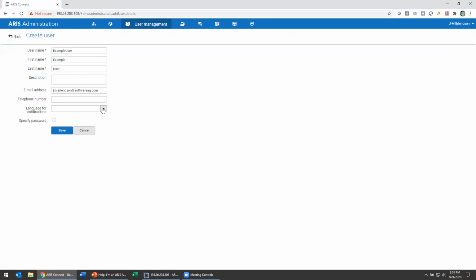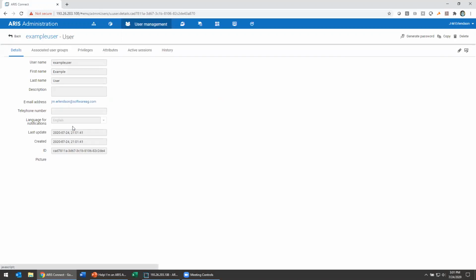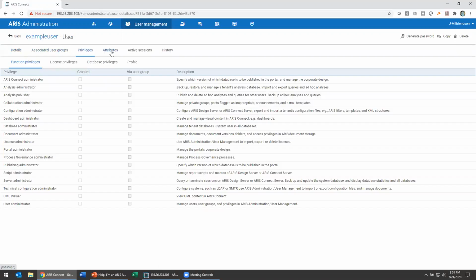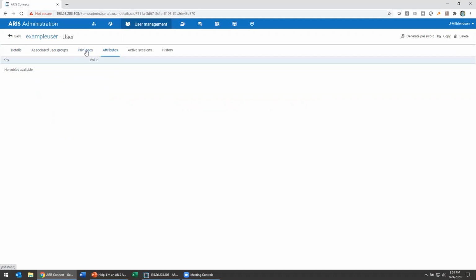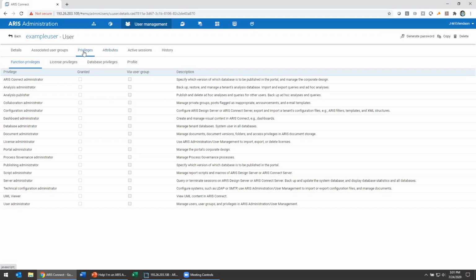Although if you're not certain what that is, you can simply select the language that's most relevant for you. Now, once you create a user, you're going to see that you can associate them to user groups, give them different privileges. You can write attributes about them if you have certain attributes you're capturing about users. And you can see I can check or uncheck any of these boxes to directly grant a user these